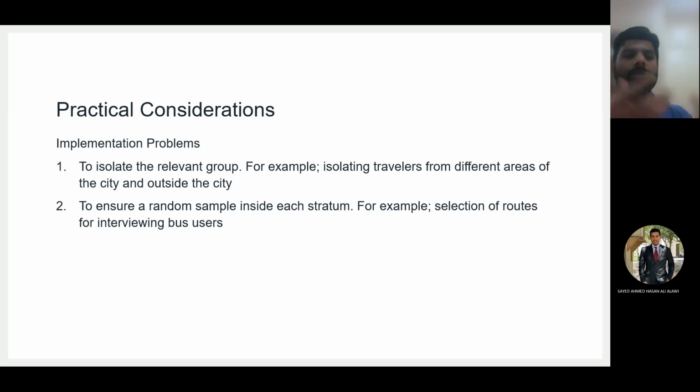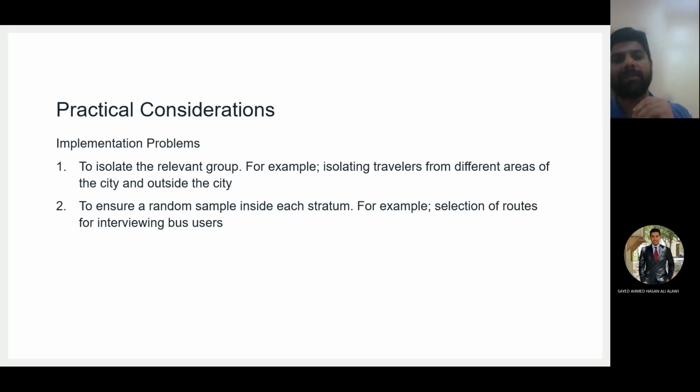Okay, so this is a problem, because once you start data collection, you don't have the convenience of selecting travelers and respondents in the field. In the field, whoever comes to you, you will have to give him the questionnaire, and until he fills the questionnaire, you don't know to which group he belongs, whether his or her data is useful or not.